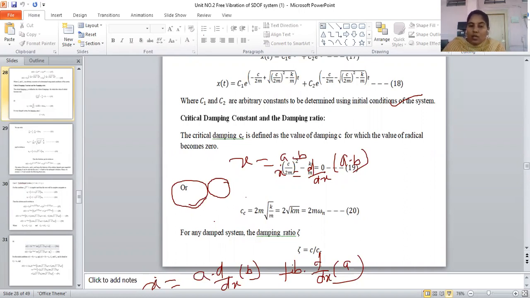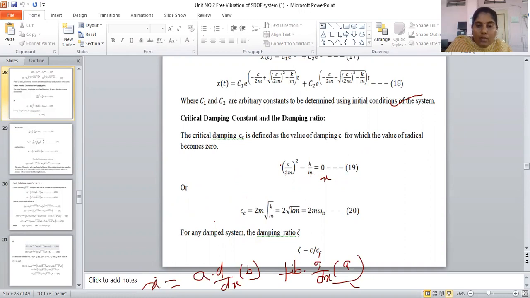By applying the boundary conditions here, we get the values of C3 and C4. If we put these values of C3 and C4 in the equation, then we automatically get the equation of motion for this damped free vibration system. I request all of you to please write this down fast so we can move forward to the next step.